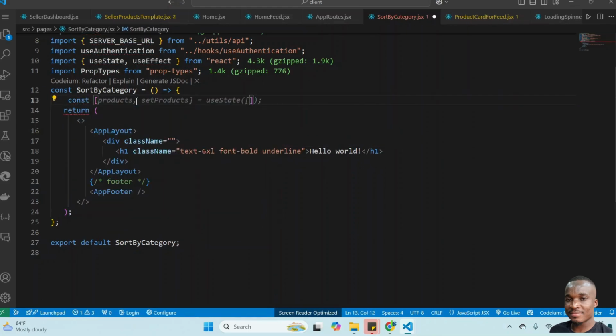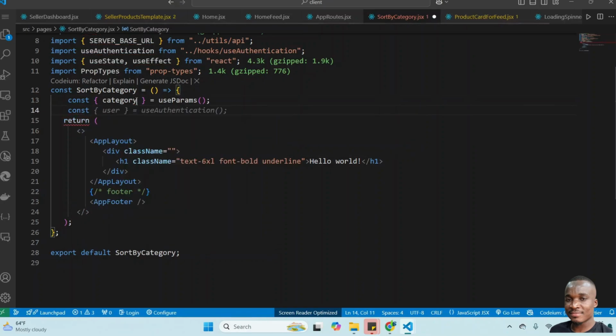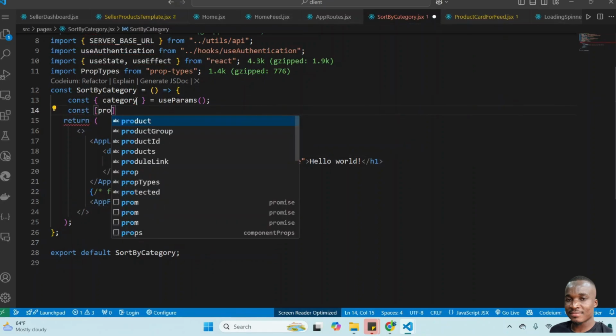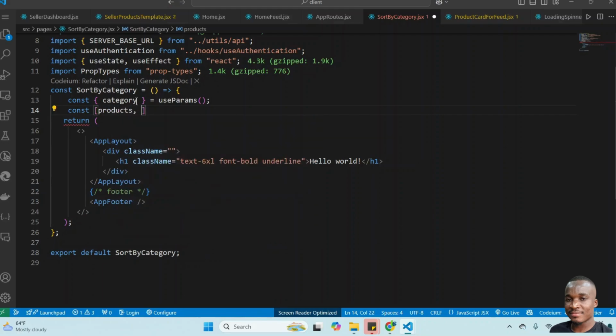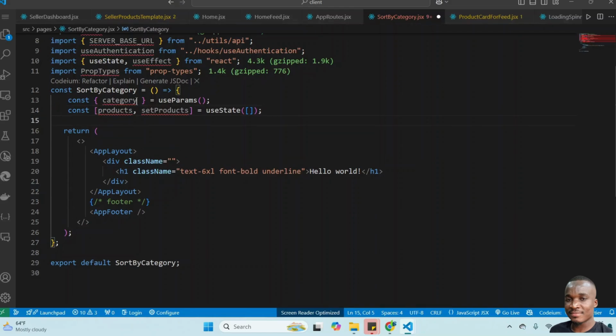Const category is equal to useParams. So we get the category from the params, and then const products, setProducts, and then it's empty, and then const